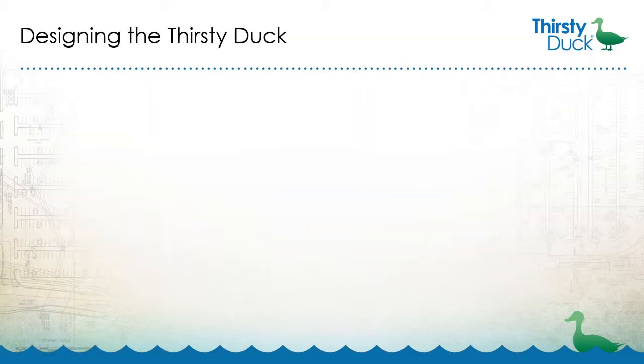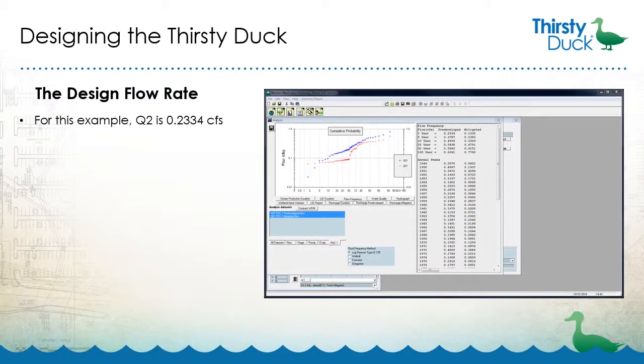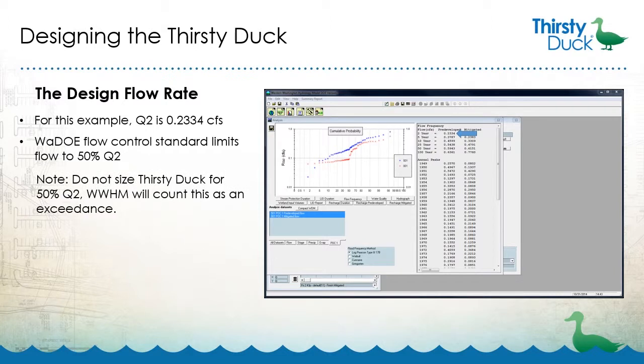For this pre-development scenario, WWHM2012 has calculated the 2-year flow to be 0.2334 CFS. The Washington Department of Ecology Flow Control Standard limits the number of exceedances between 50% Q2 and Q2 to no more than 100% of the pre-development exceedances. Since WWHM2012 considers flows equal to 50% of Q2 to be an exceedance, we will start by designing the Thirsty Duck for 48% of Q2,